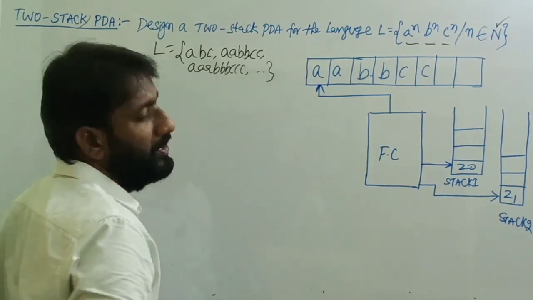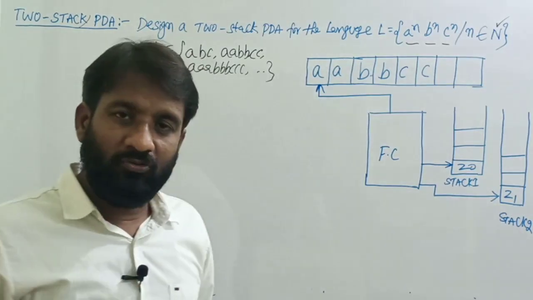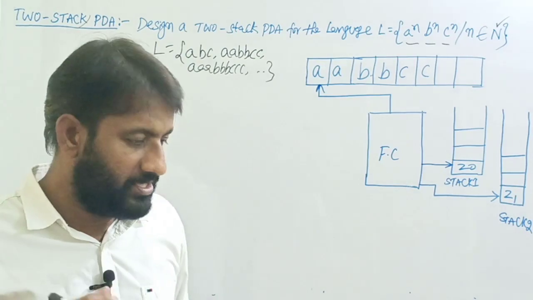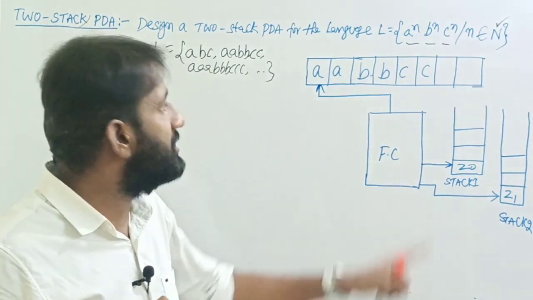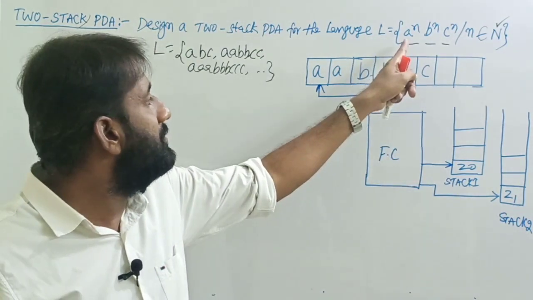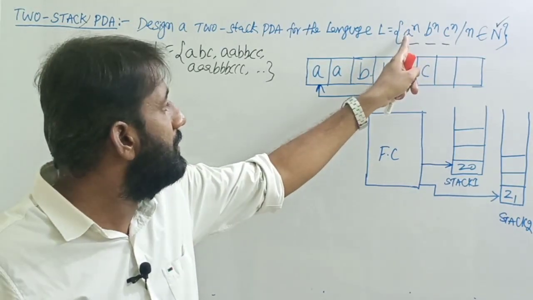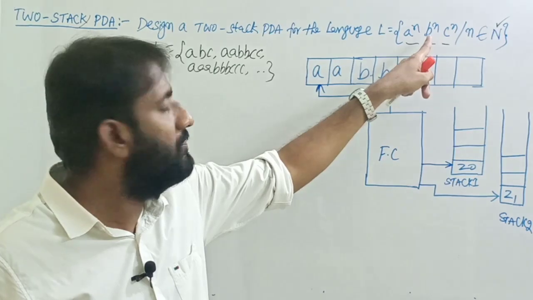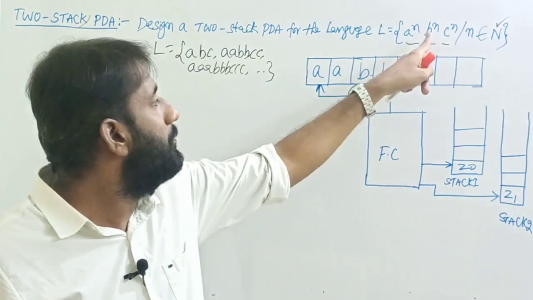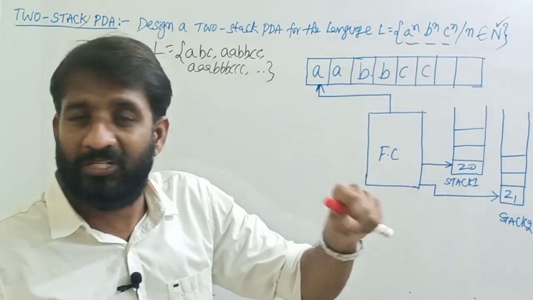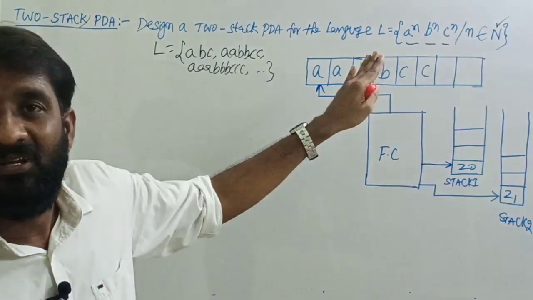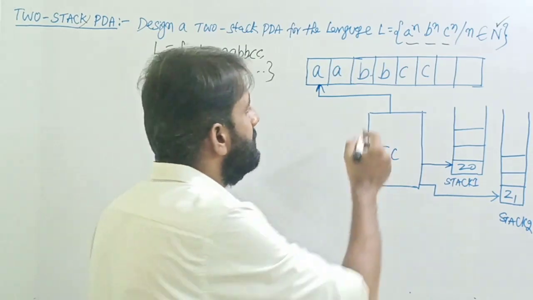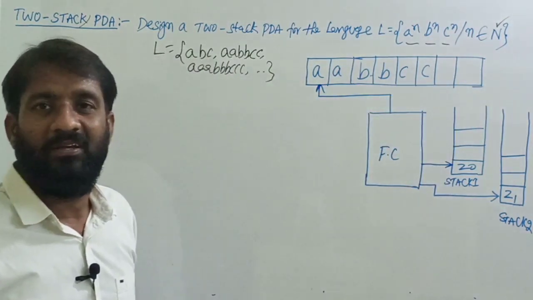Okay. So now I'm asking you to design a machine to accept this language by using a two stack PDA, because a single stack PDA could not accept this language. The reason is there are 3 symbols, so A's can be pushed onto the stack. Then for B's, we can pop A's from the stack. But what about C's? It is not possible to design this language by using a single stack pushdown automata. Okay, that's why we are using one more stack. So this is the structure of the two stack PDA.